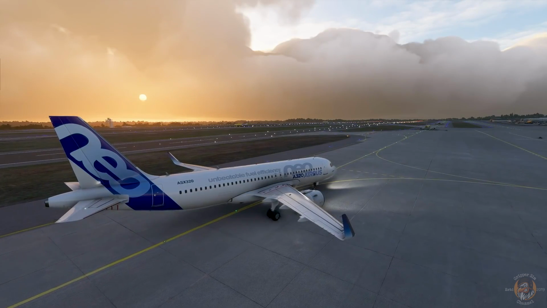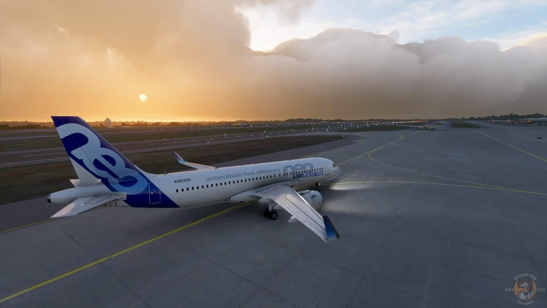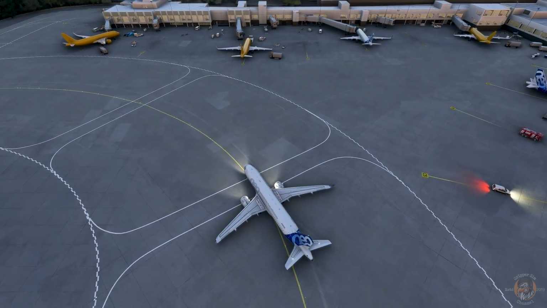FS 2020 will host an authentic IFR flight experience from gate to gate, allowing everyone to enjoy the thrill of